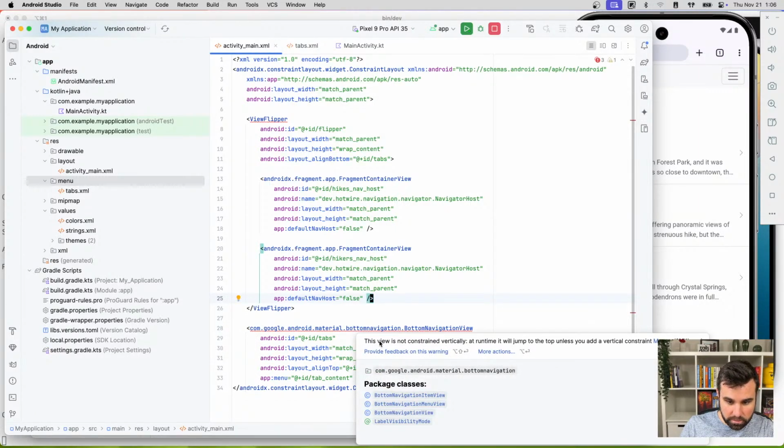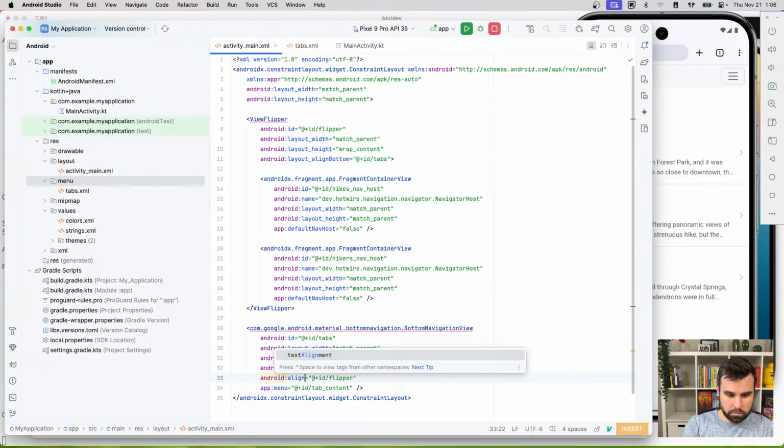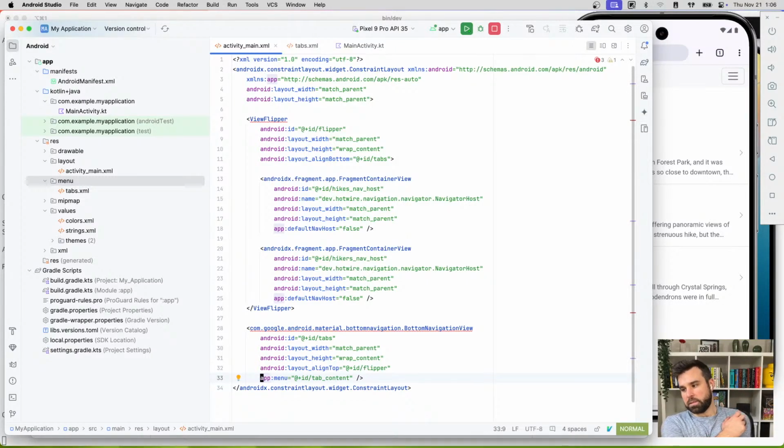Not vertically constrained. Top. Once all of this lines up,